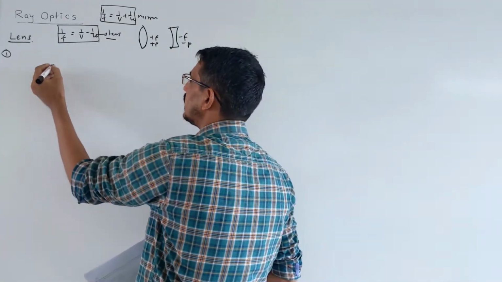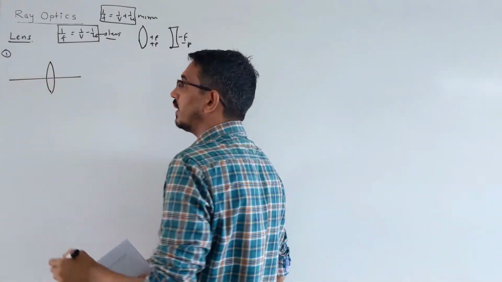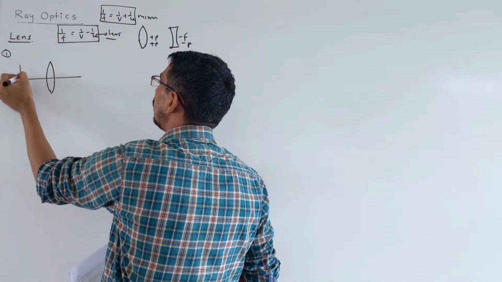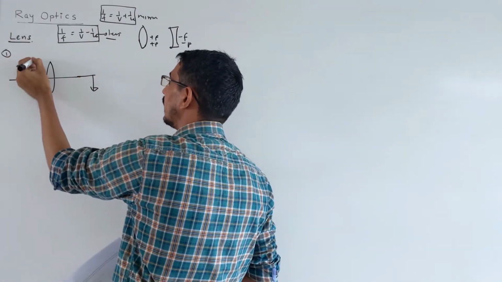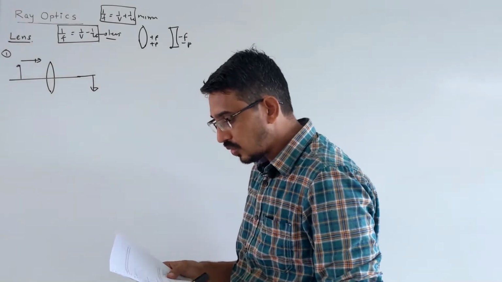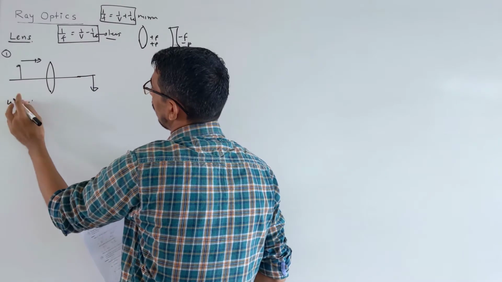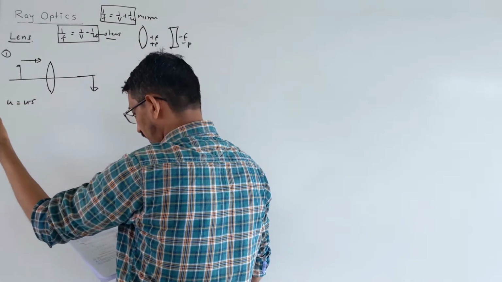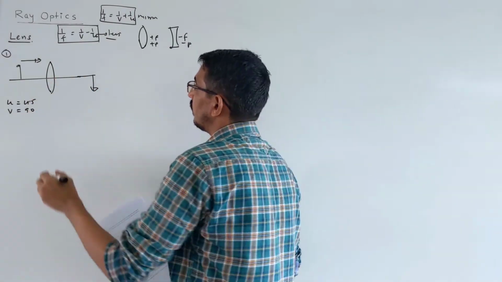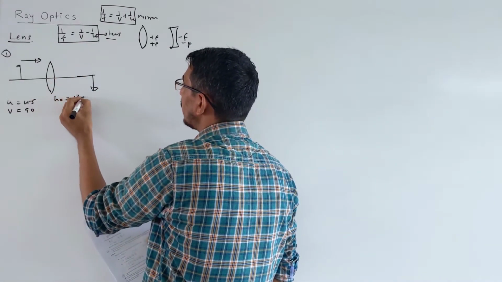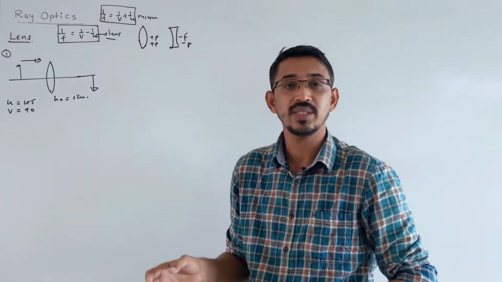I don't know which lens it is, so you can draw one first. Suppose this is a convex lens. I'm just drawing it. Then what is given to you? They said the object is placed on this side and the image is formed on the other side. Suppose light is coming that way. The object distance is given, 45. The image distance is given, 90, on the other side. And the height of the object is also given, 5 cm. They are asking us to calculate the height of the image also.